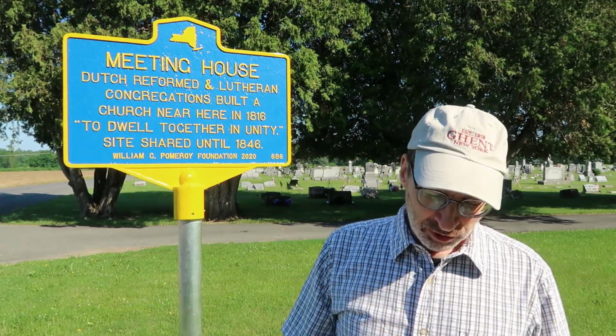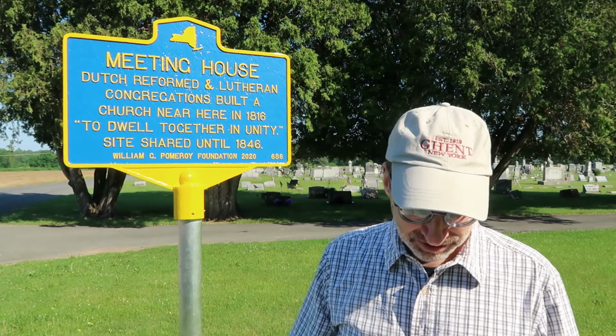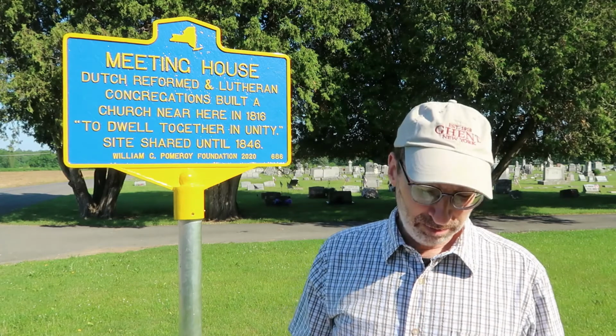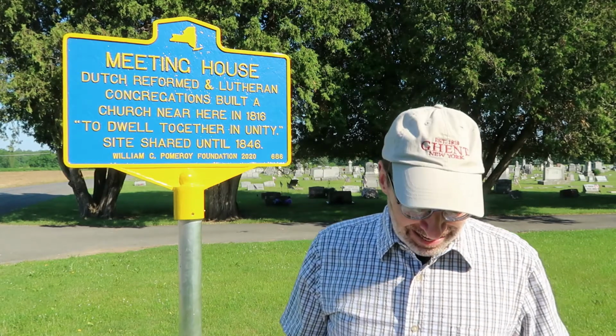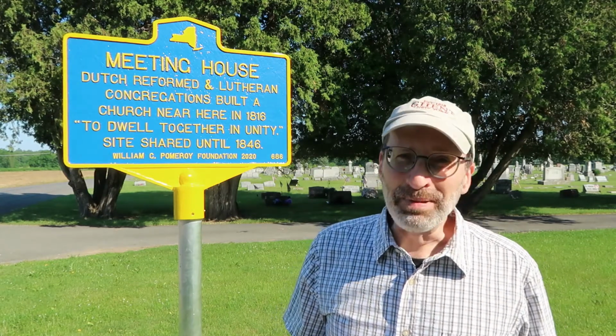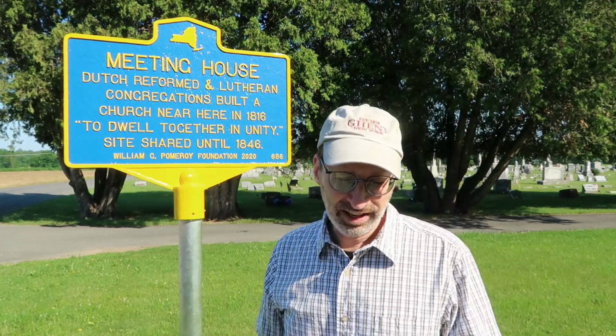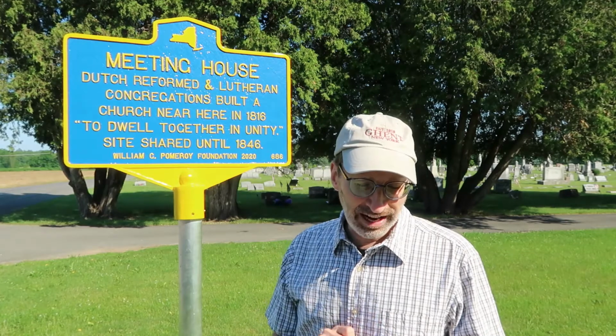Thankfully, our primary source, the Ghent Reformed Church in West Ghent, still has the handwritten meeting minutes that detail every aspect of this project. Now, when I opened that meeting minute book, I wasn't sure if I would find Dutch or English. Thankfully it was English, but there is a clue that Dutch was still in the air in 1815. The official resolution outlining the terms of the meeting house reads in part,